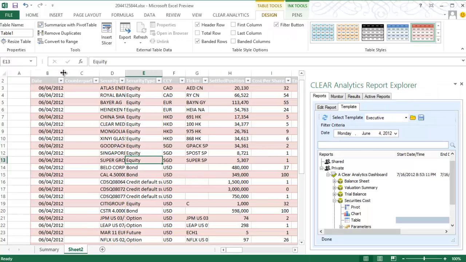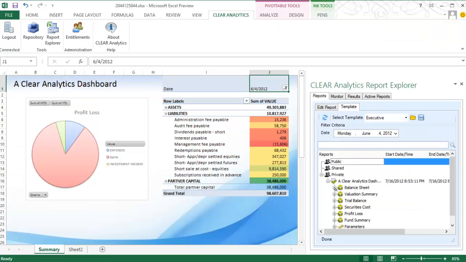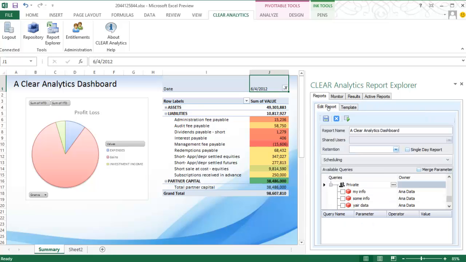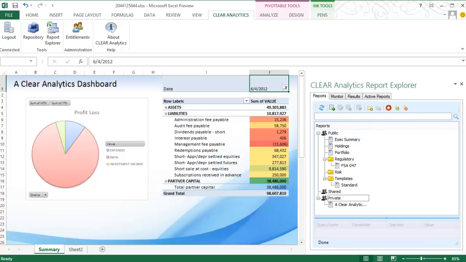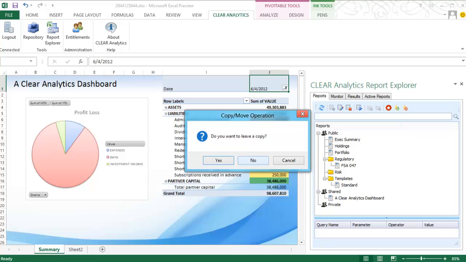Now after I format this field here, I feel I'm done with this report. I'll now hit the Save Template button to upload this template to the central server and close out of the report. And we're done. Here you see my report in the private folder. Now to share this, I simply drag and drop it into the shared region for others to now be able